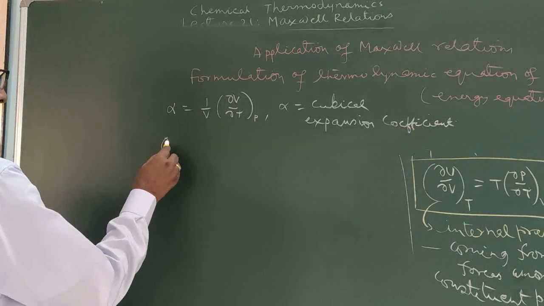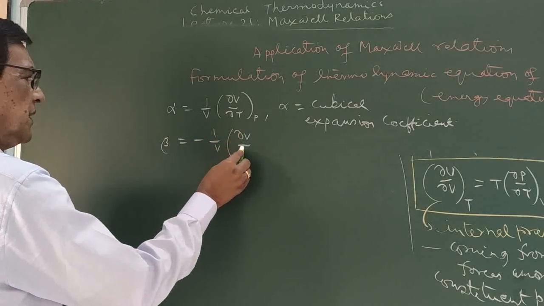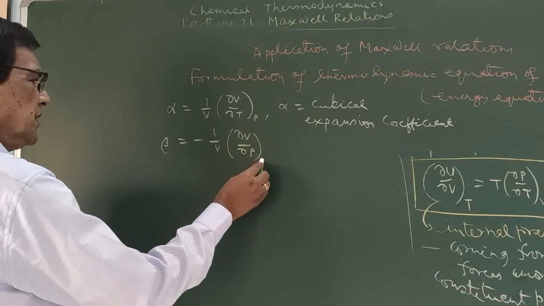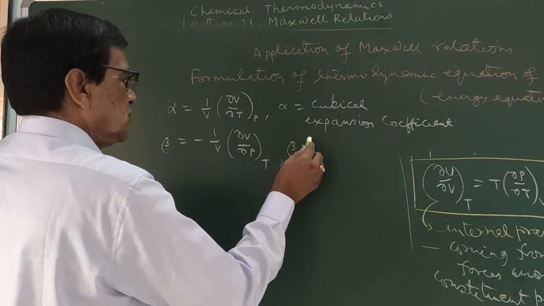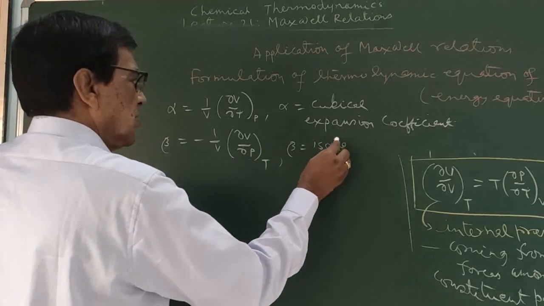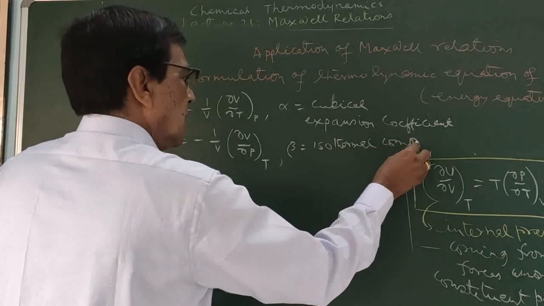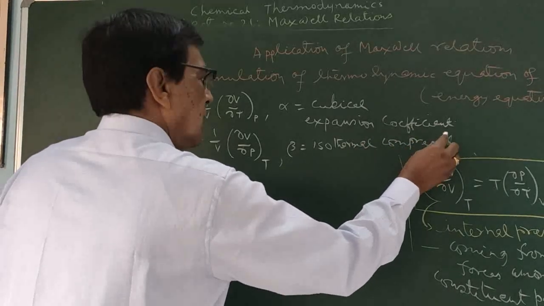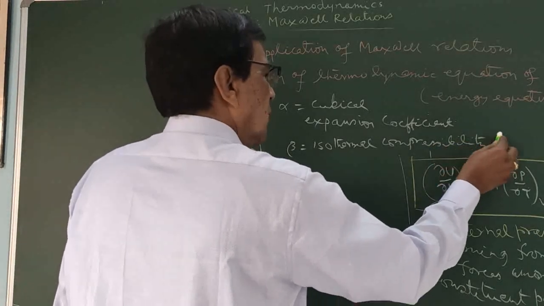And beta equals −1/V ∂V/∂P at constant temperature. So this beta is the isothermal compressibility coefficient